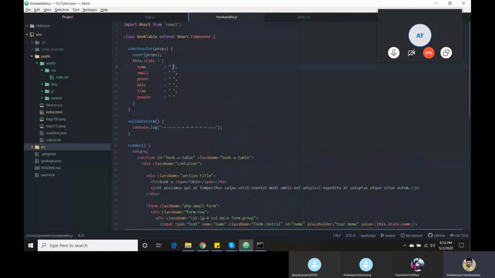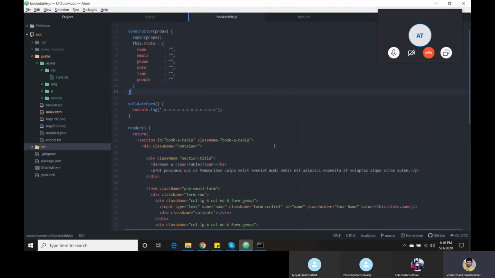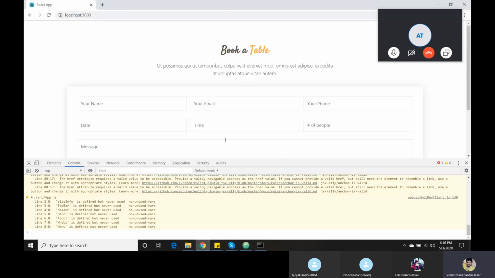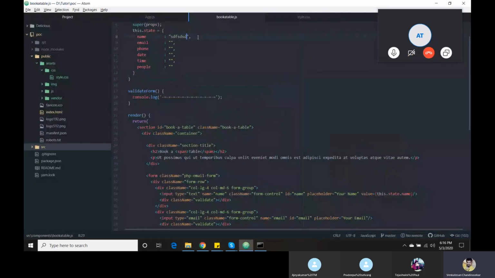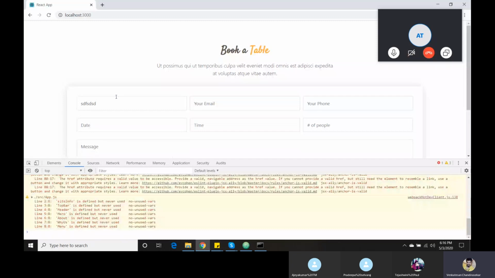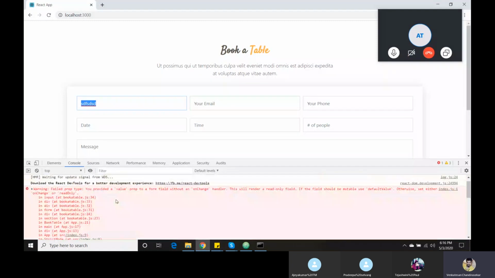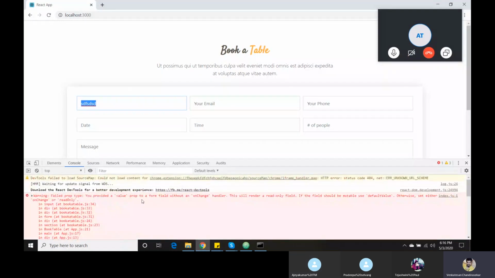Initially we don't have anything, so probably it doesn't show anything. Then I am going to change something, then probably we will have some value.